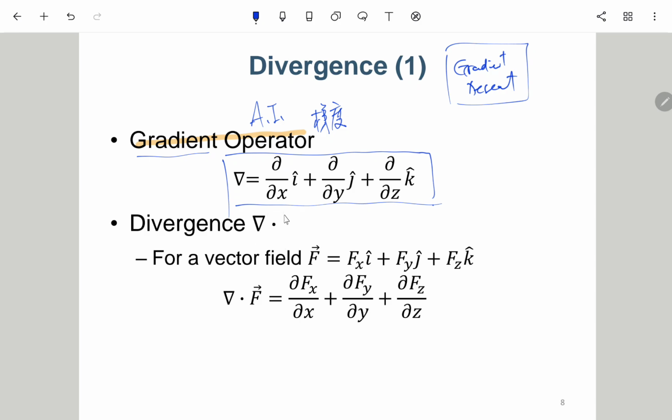所以它实际上的计算就是 gradient 跟后面的一个向量场去做一个内积，去做一个 inner product，就是这样。Okay, so for a vector field, we write it as F vector. It can be B field, E field, or any other vector field. So this can be applied for any vector field. Here I just use the letter F to say that you can apply it to either the B field or the E field in this context. We write this F vector as fx i hat plus fy j hat plus fz k hat.